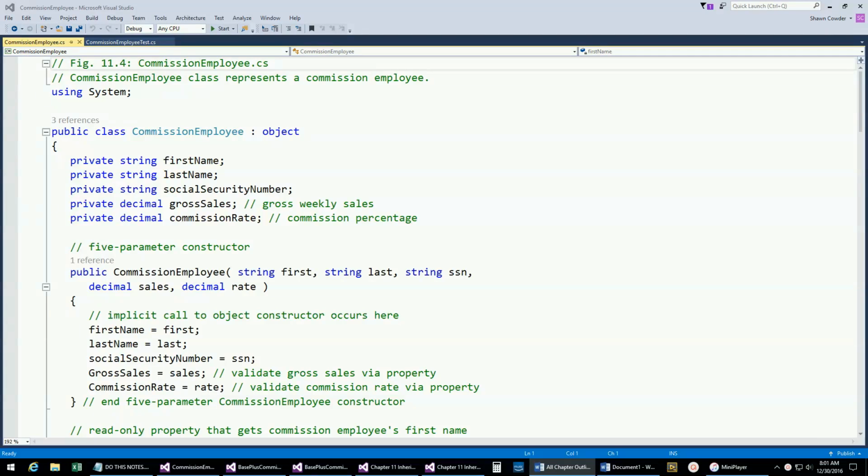So this lecture is on inheritance. We've been working with inheritance all along, and I've been mentioning how all classes are derived from the base class object in C Sharp. But now we're going to really take a look at the syntax and actually see what you get when using inheritance. So inheritance is just a form of software reusability in which classes are created by absorbing an existing class's